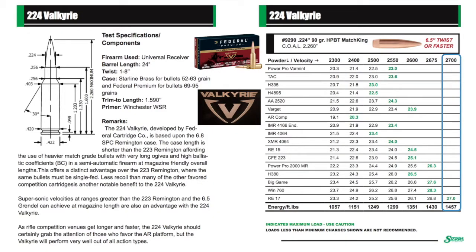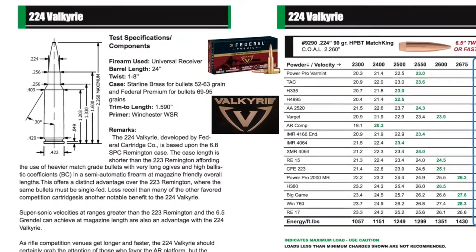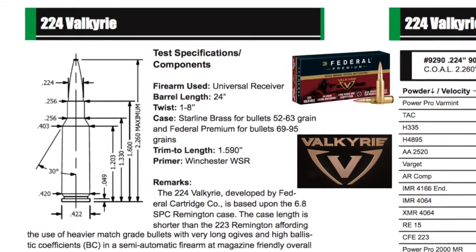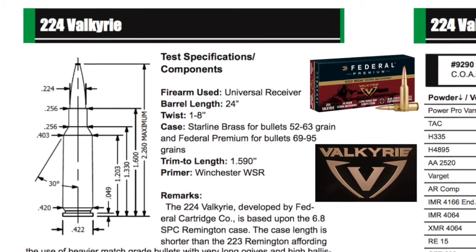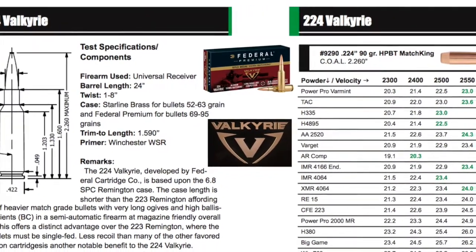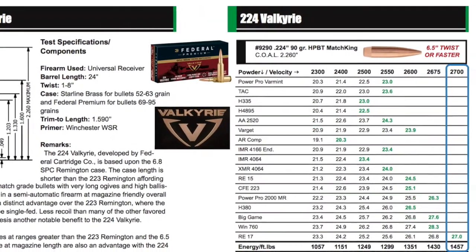The 224 Valkyrie is based on the 6.8 SPC Remington case, and it's necked down to the 22. It has a shorter case than the 223 Remington, and therefore it can work with longer bullets and with much better ballistic performance. The recoil is also much less than other higher caliber cartridges. Today we are gonna focus on the 90 grains Sierra Match King bullet, and you can see on the right side that we can achieve probably 2700 feet per second muzzle velocity in the best case scenario out of the